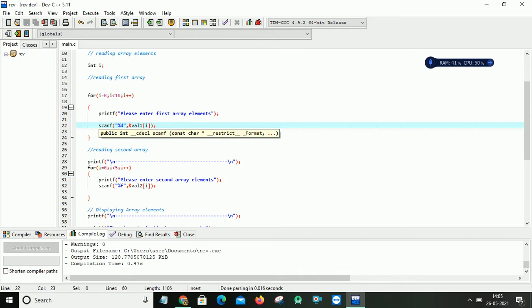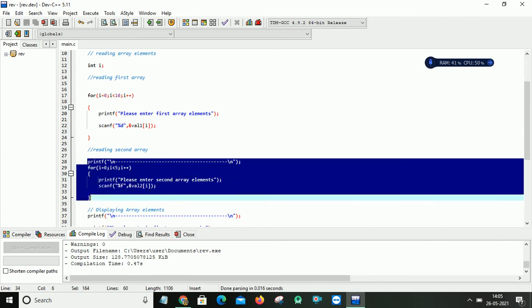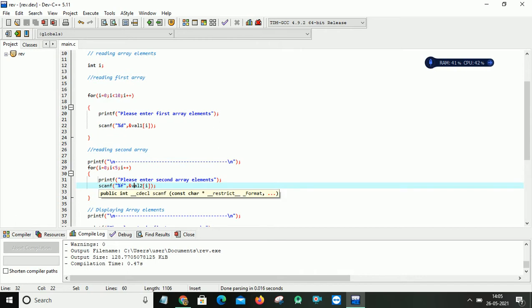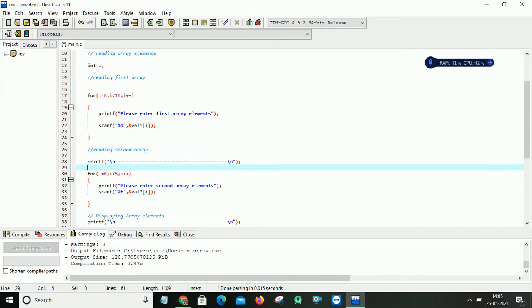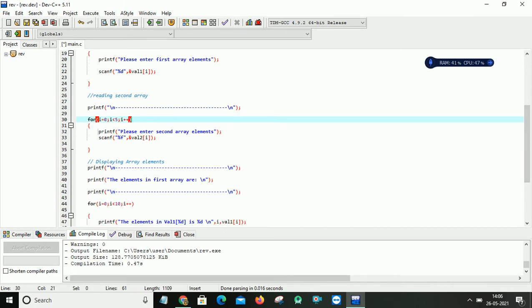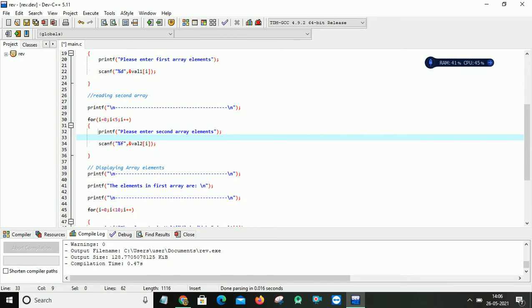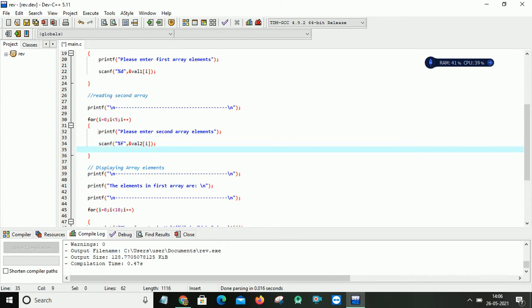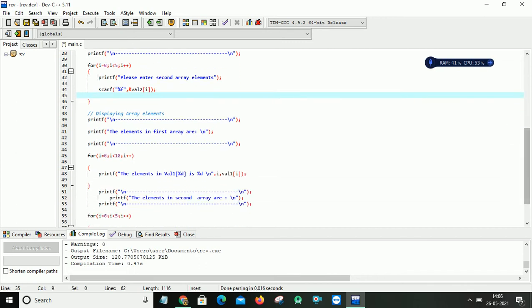And now we start reading the second array. We do the same thing, but here we are trying to read floating point values. This statement I have written for displaying in a proper way, for formatting purposes only. And this for loop is i = 0, i less than 5, because I have given 5 here as my second array size is 5. Then i++. Every time the loop is executed, it will ask you "please enter the second array elements". My array is of type floating point, so I am using %f for reading the second array contents from the keyboard. So my reading operation is completed.